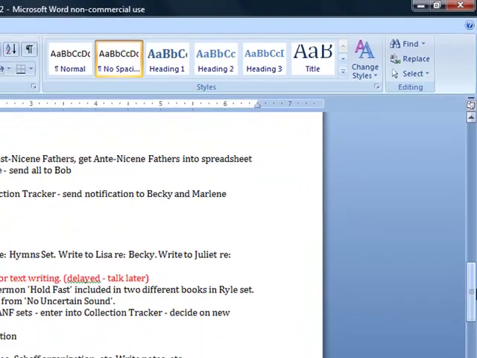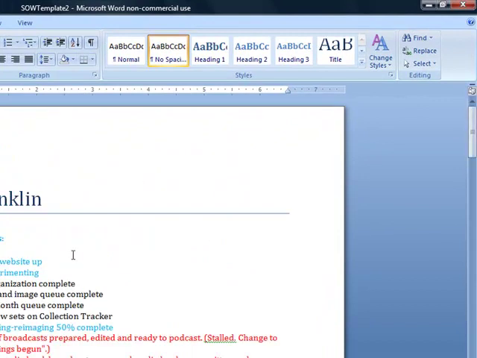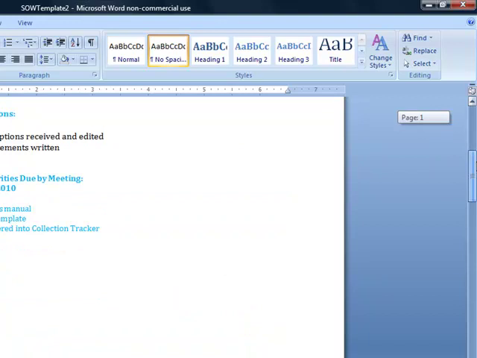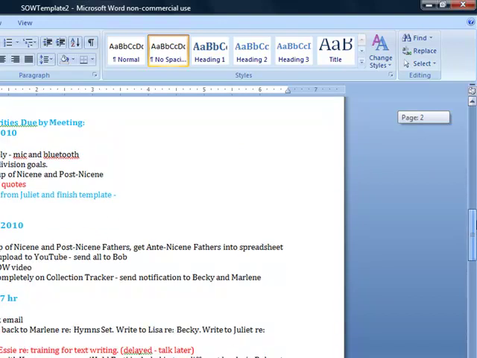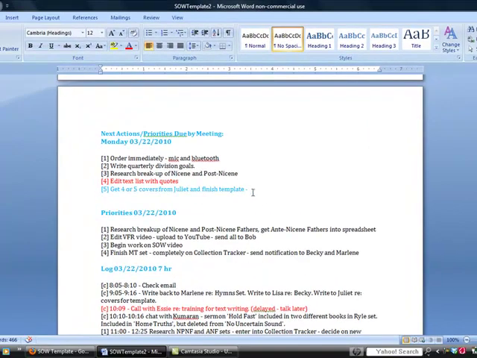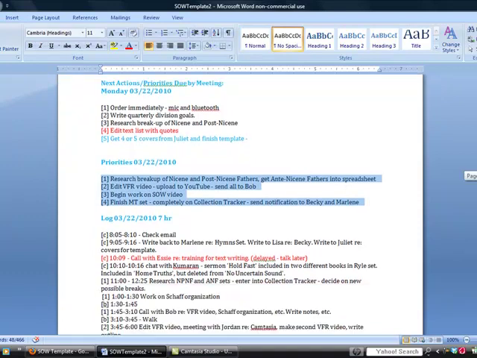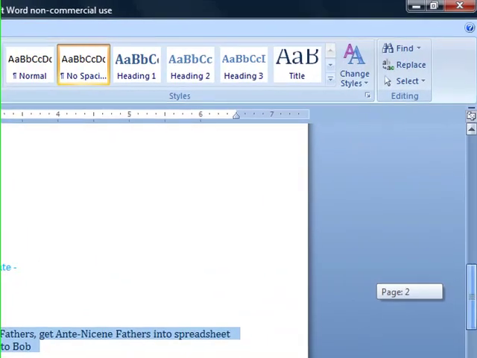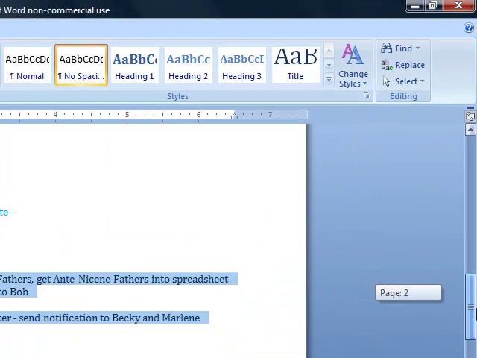And you're going to also go up to the top and look at your VFR and see what needs to be done. And you're going to add those to your daily goals. Okay? So these are directly from the meeting notes. All of those are directly from the meeting notes, but the day-by-day priorities will have some other things added in. So you can break those up immediately after the meeting, day by day. That's a good way to do it.